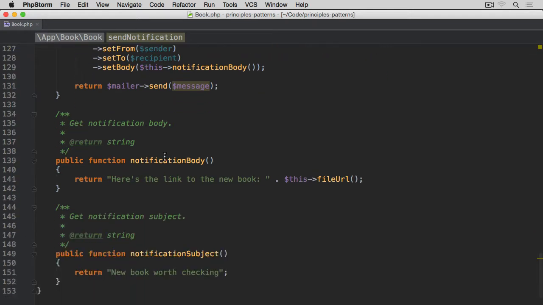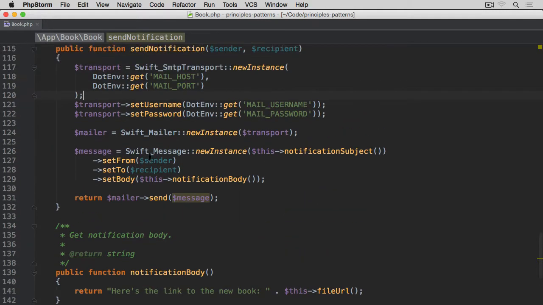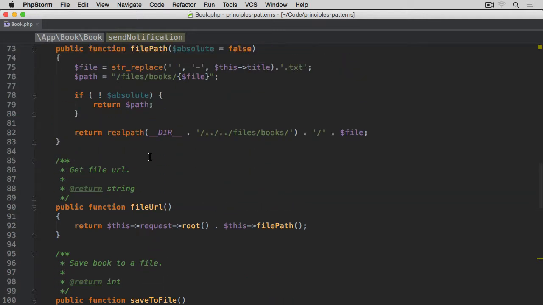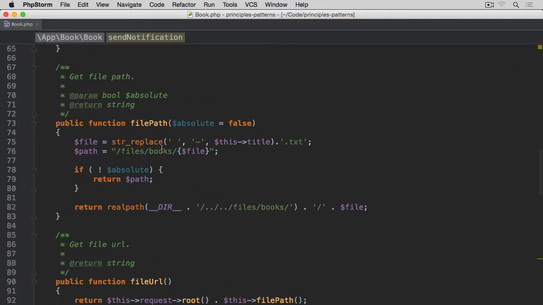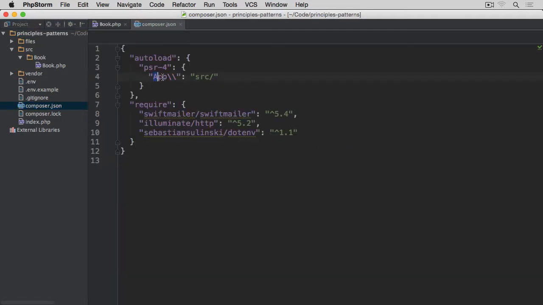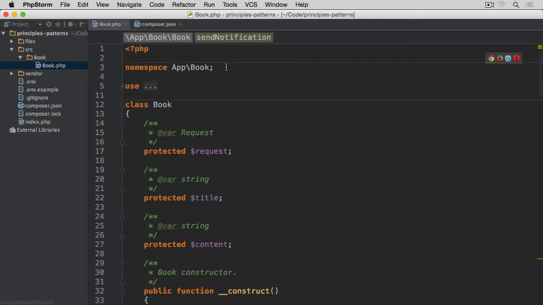And then we have notification body and notification subject, simple methods which basically return what we want to send with our notification. Okay, so we're going to start reorganizing this code to make sure that it complies with this single responsibility principle. The first thing we're going to do is open our file browser, and within the source directory, the way I have it organized, basically, if we open composer.json, you'll see I've got this app namespace which points to the source directory, and obviously our book class, if we scroll right to the top, is within this app book